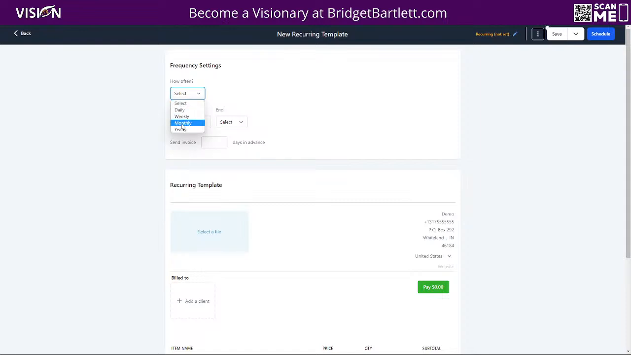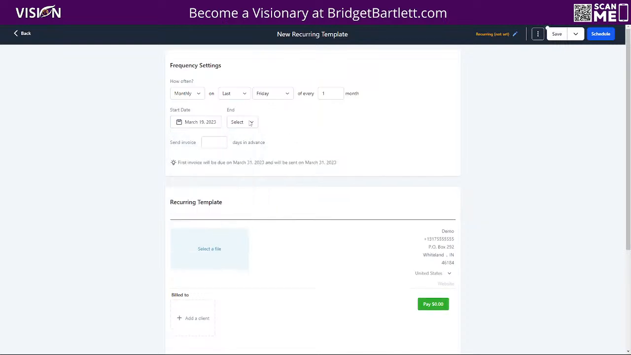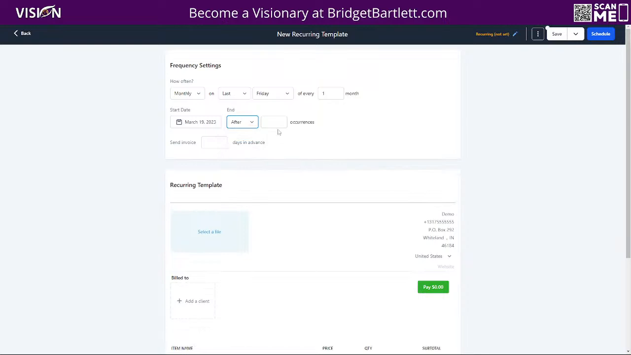You're going to choose how often. So typically it's monthly. So we can even choose the date, the first, second, third, fourth, or last day of the month, or maybe last Friday of every 1 month we want to send our invoice. We can also choose a start date here. So maybe we want to start this on Saturday,